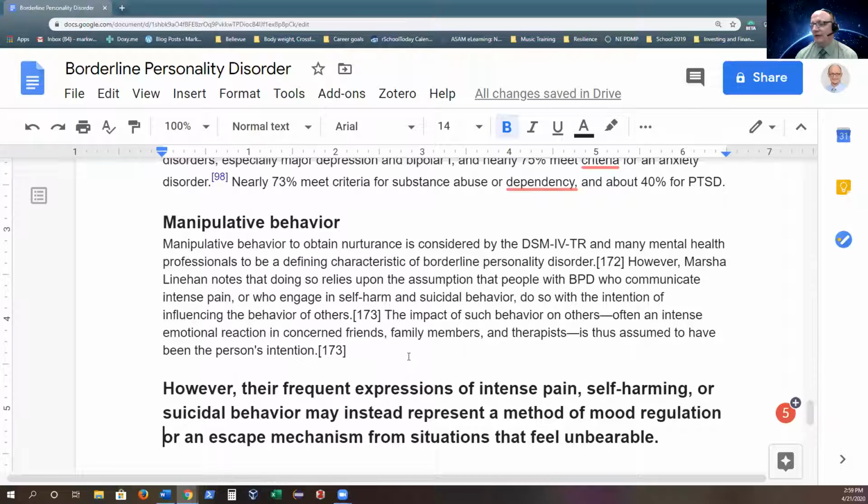borderline personality disorder is vilified among mental health professionals and nurses, and it should not be. We call people borderline like that's a cuss word or something, and that's inappropriate in my opinion. Manipulative behavior